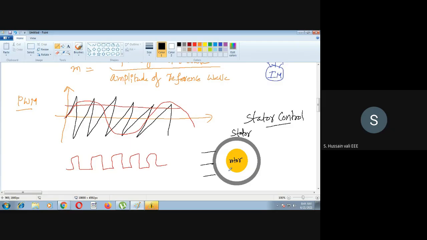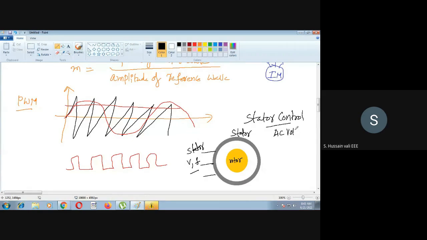So as of now, what we studied is, when I change the variables here on the stator side, V and F, the two variables, voltage and frequency, how the torque and speed of this entire induction motor change. So what are the methods that I vary from this side? Either on the stator side you may have an AC voltage controller,